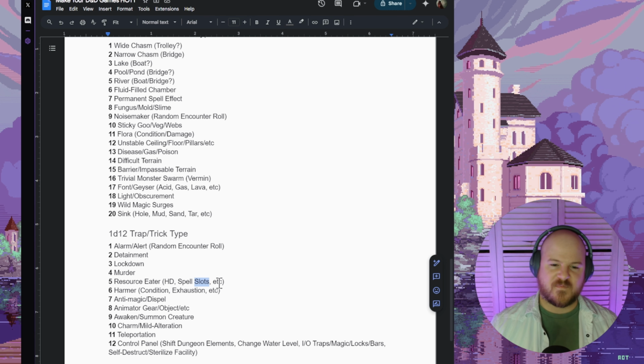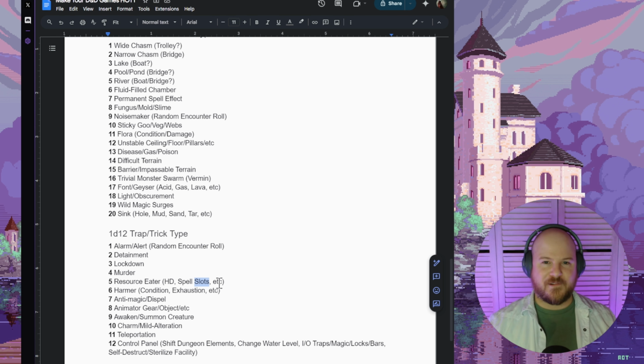Like, what if this is a trap that's a blind statue holding an orb, and the orb shoots out rays as you go across the room. And if it hits you, you lose your darkvision until you take a long rest or something like that. And then, right, we telegraphed it because you have this statue that has a blindfold on to tell you, hey, here's thematically kind of an idea of what this trap's going to do. And then it shoots you with the magic thing and you lose your darkvision. Or maybe it just blinds you, but that would technically